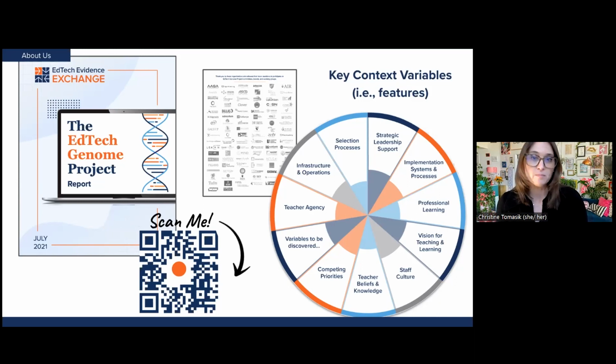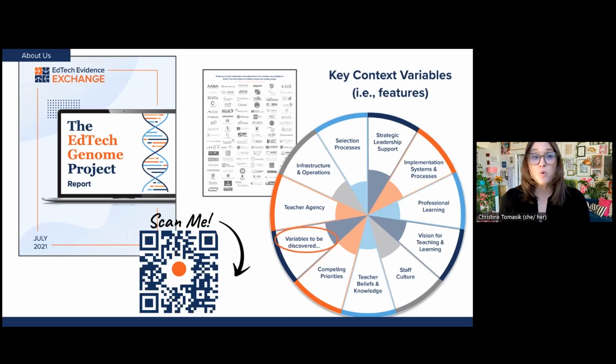A quick summary. Our steering committee and working groups of over 140 educators, experts, and researchers helped us identify 10 variables most likely to influence EdTech implementation. We also engaged over 2,000 educators in iterative rounds of feedback about the variables, their definitions, and survey tools to measure each variable.